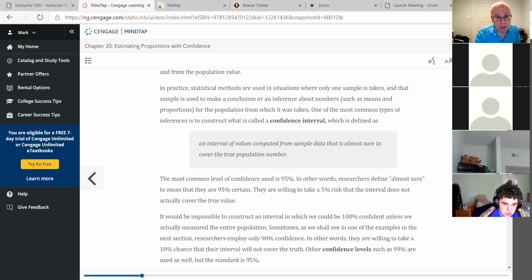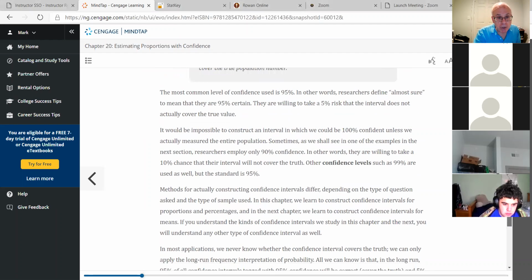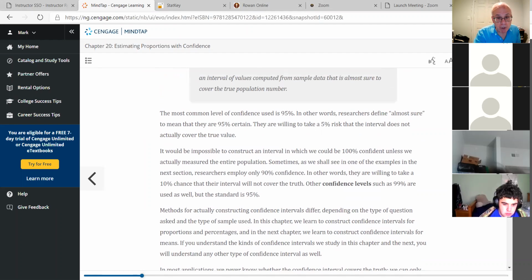20.1 is, of course, the definition of what a confidence interval is. And then it talks about levels of confidence. And I just described to you using StatKey what a level of confidence means, what it literally means. Okay. And by the way, this book does a very poor job, I have to tell you, of describing the level of confidence. That's why I had to show it to you with the StatKey software. It's kind of ironic that we have to use their software to correct for their error in the book, because they're saying